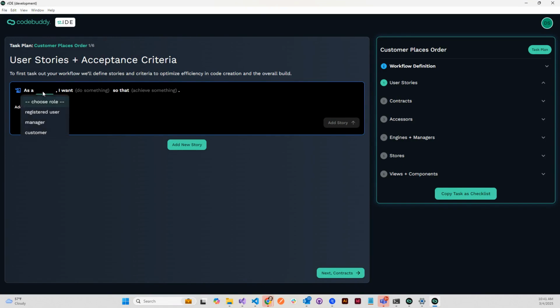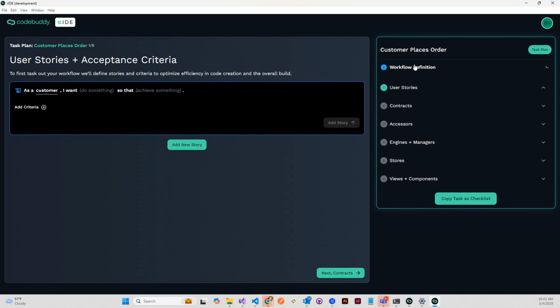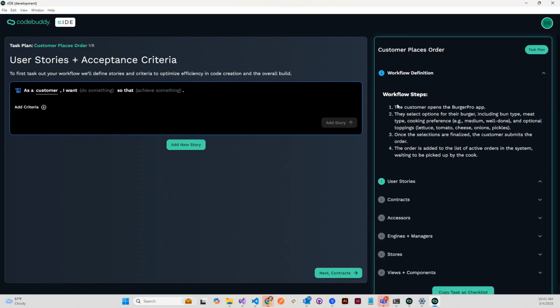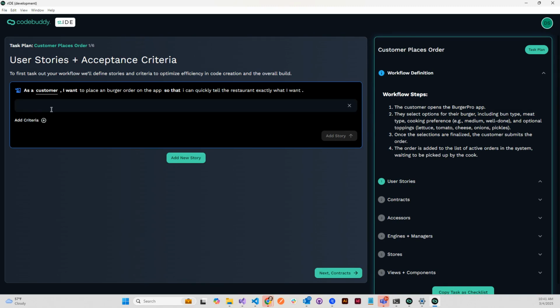And once we take it here, we're going to define the user story. So we've got a workflow definition here that we talked about for customer places an order. And we're going to want to create some user stories. So as a customer, I want to place a burger order on the app so that I can quickly tell the restaurant exactly what I want. We would say things like,